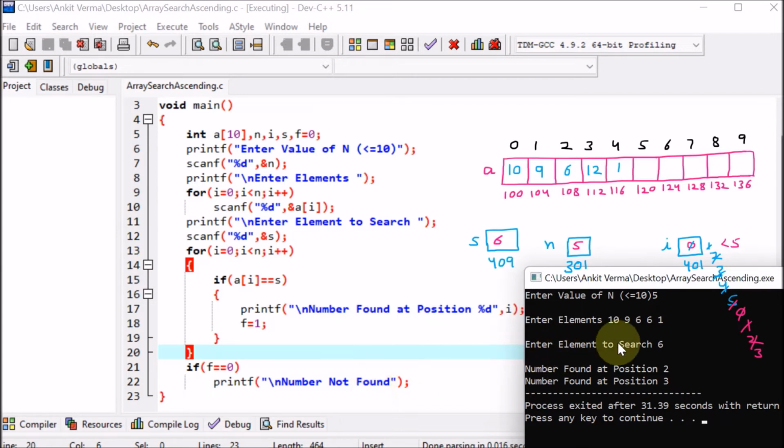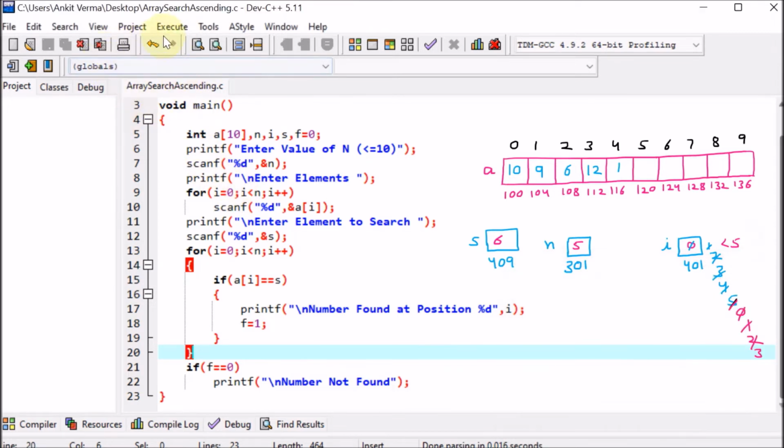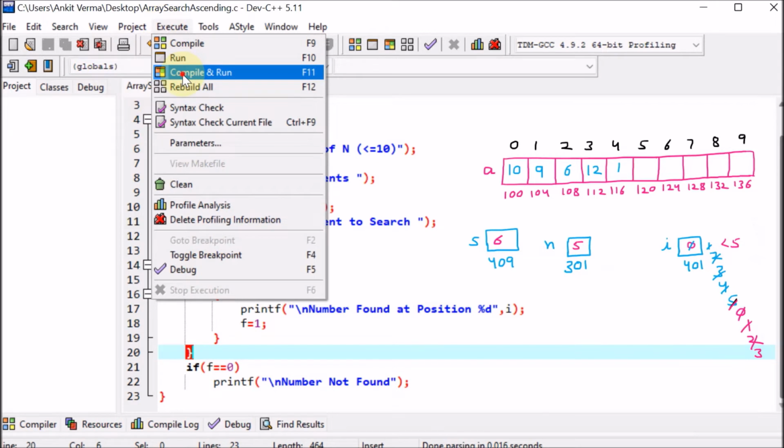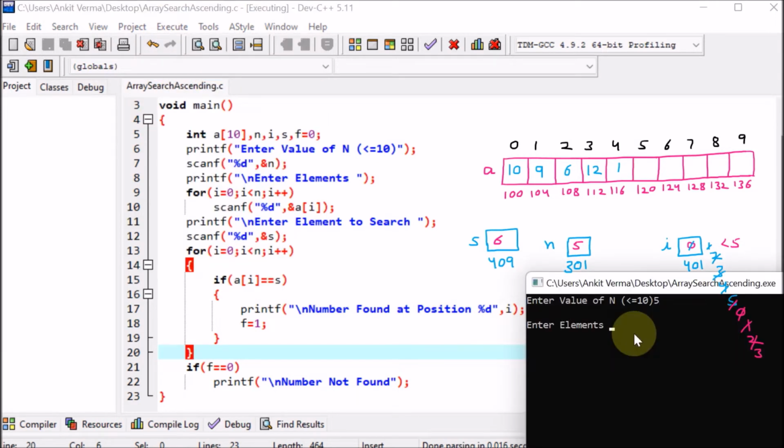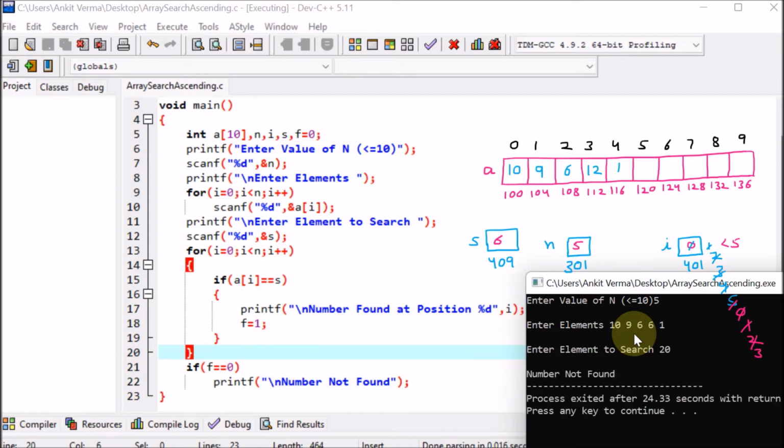Now I am giving a number which will not be there in the list. So we go back to the code, execute, compile and run. Again I give the value of n as 5, then enter the 5 numbers: 10, 9, 6, 6, 1. This time the number I want to search is, let's say, 20. Press enter. You can see that number not found.